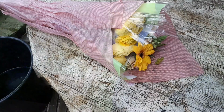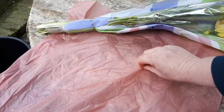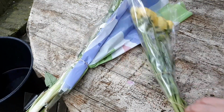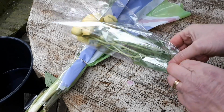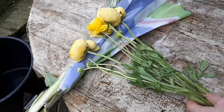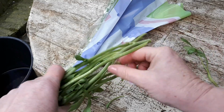The first thing you need to do when you get home is to unwrap your flowers. They usually come in a protective tissue paper, and you can either discard that, put it in recycling, or save it for another time. And then you'll find your flowers have also been wrapped up in cellophane. So you need to take off the elastic bands, unwrap the cellophane, and then the next job is to recut all your stems